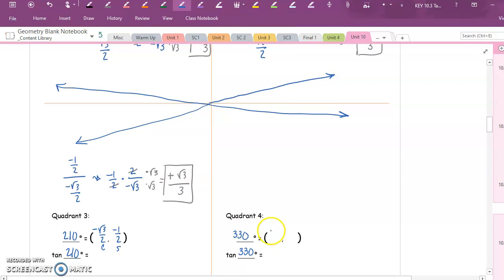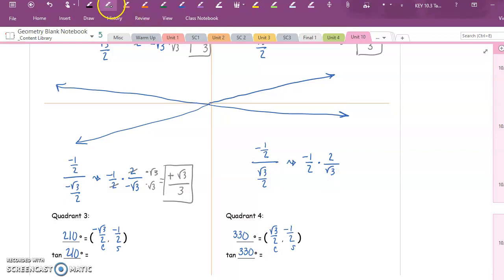In this quadrant, it goes positive, negative: cosine, comma, sine. For tangent, we always take sine over cosine. Now right off the bat, I see a negative divided by a positive, so I know that my final answer has to end up negative. I'm going to keep the top, flip the bottom, and it changes to multiplication. I can go ahead and cancel out my 2's to multiply the top and the bottom by root 3. So we have negative 1 times root 3, which is negative root 3 over root 3 times root 3 is